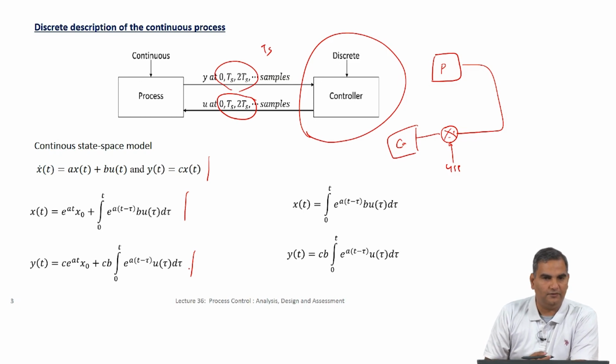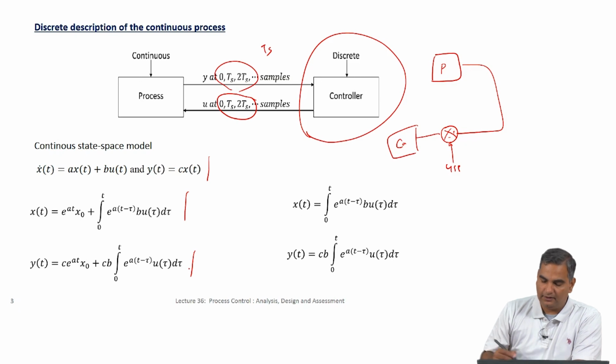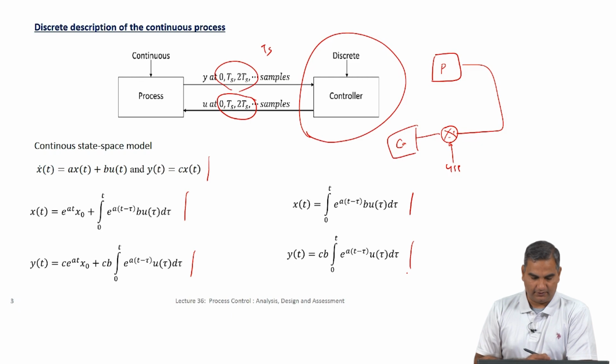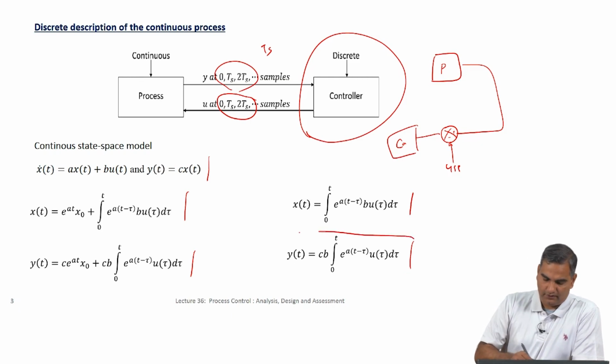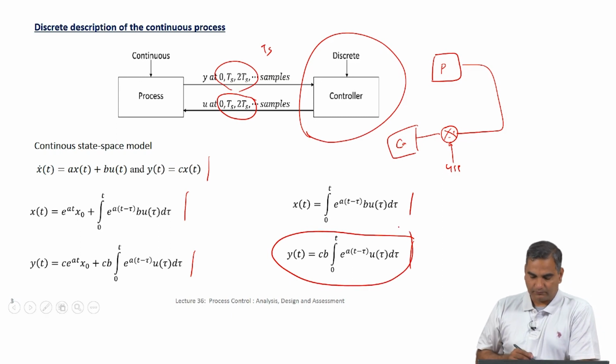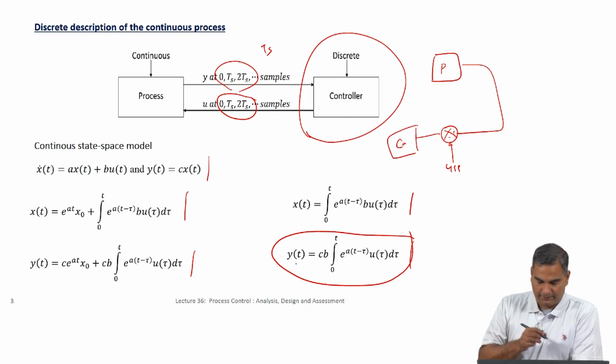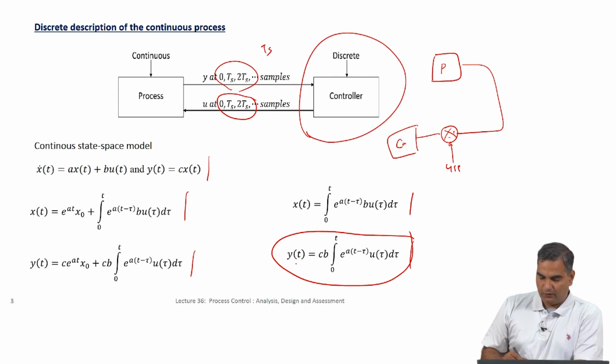And if we assume the deviation variable x naught is 0, then what you are going to get is x of t is this and y of t is this. Now, since we are talking about the output directly, we are focusing on this equation here. If you notice, what this equation says is that the y at any time is going to be this